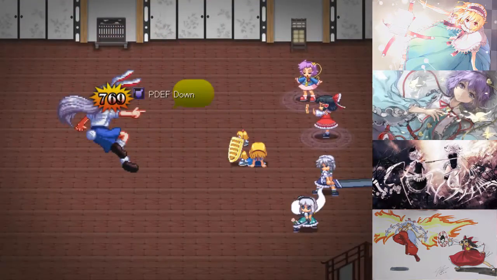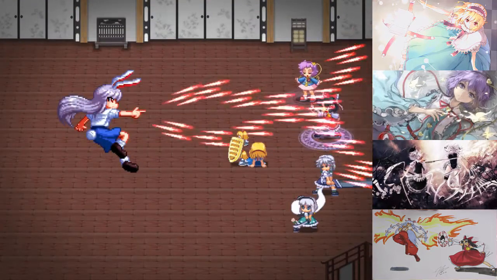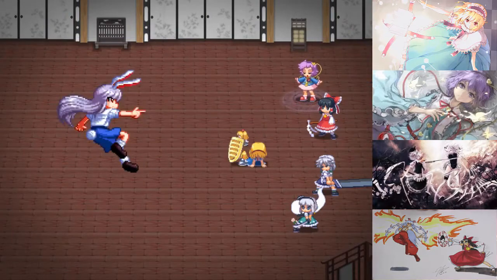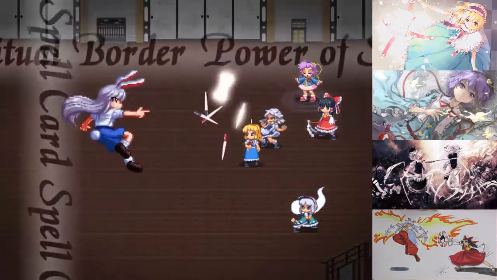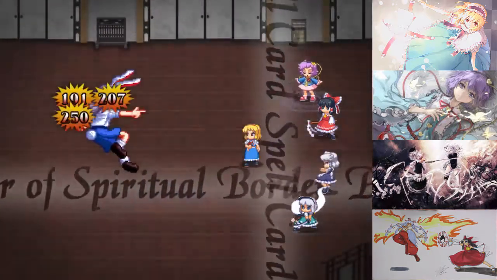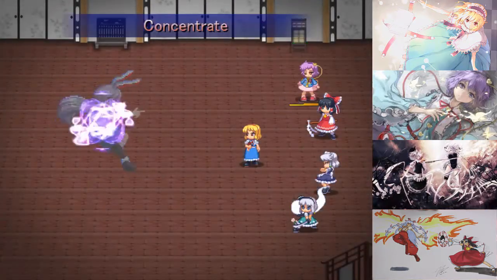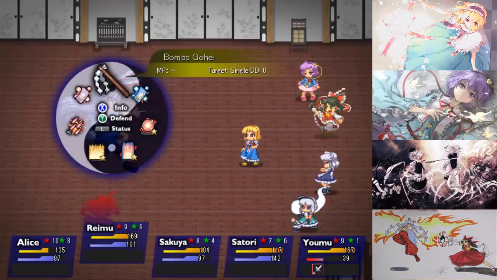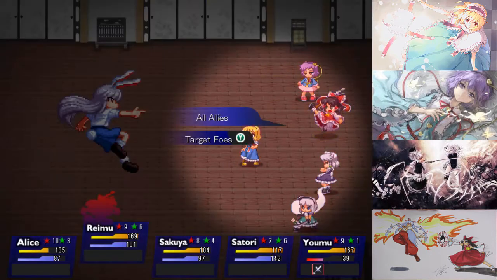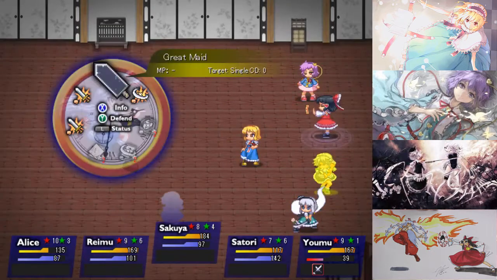And with the crit doing almost 800 damage, really good. Not really much damage coming out of that. Okay, Alice didn't take as much from that as I thought she might, so that's good. And there is the concentrate, so Lunatic Red Eyes is easy enough to avoid if you use Reimu and her tree,